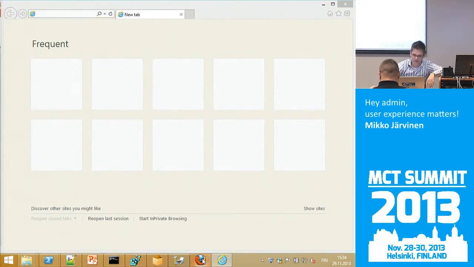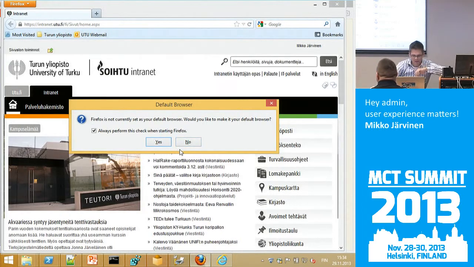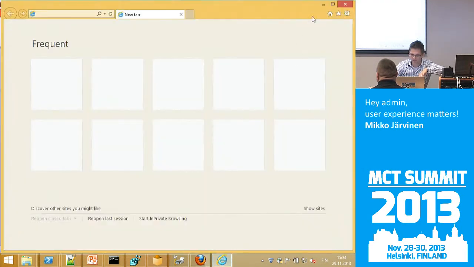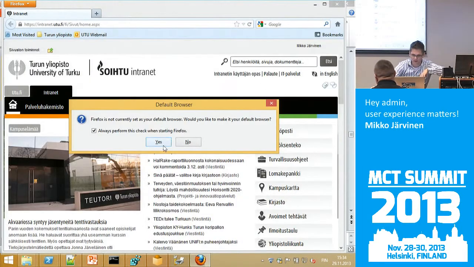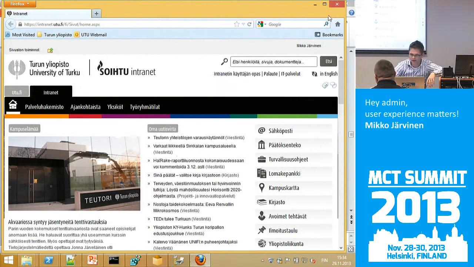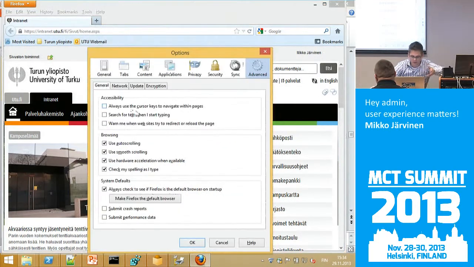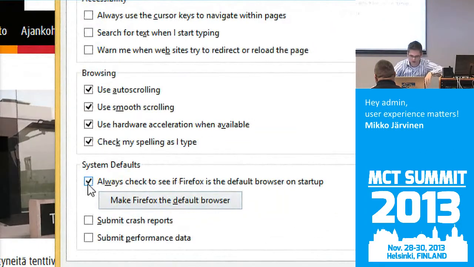And same thing with Firefox. And one thing that we actually can see is what Firefox does when we click this yes, and, okay, again, tools and options. This is something that you have to do in Firefox in a prefs.js file. It's not in a registry. Here is the same question. Always check. No, never check.